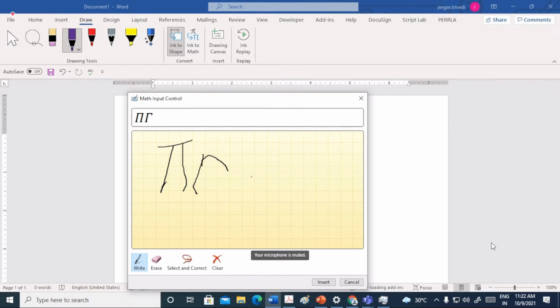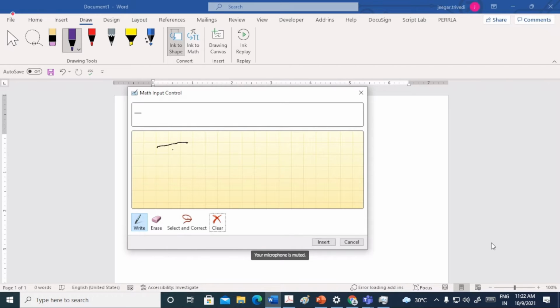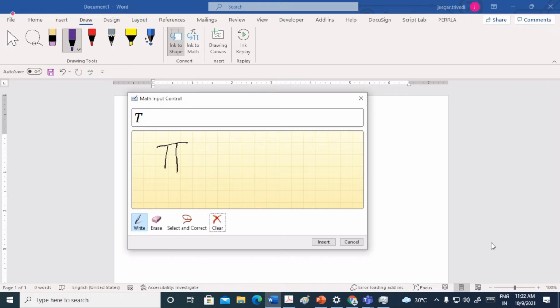Okay, so r is somewhat wrong. It is pi r square, but this is incorrect. So let me write it again. Pi, r is small. Okay, still see every time it doesn't take the correct version.